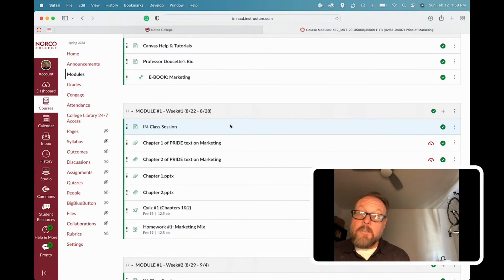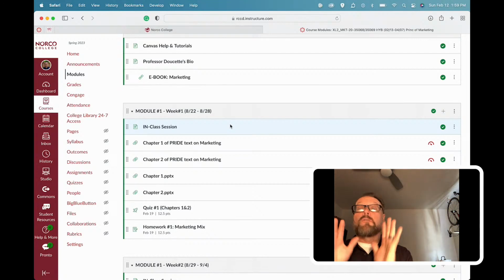And then every week, there's going to be a weekly check-in assignment, and that's my way of getting you into the book, as well as requiring that you check in every week. Now, if you come to class, you're checking in by being there, right? But if you're online, I don't know whether or not you're checking in. And this course, an online course, requires that you check in every week. So I have a check-in assignment to help you do that. And all it is is questions out of the textbook that you need to answer. And so you'll just go to your textbook, you'll look up the questions, and you'll try and answer them best you can, and you'll submit that to Canvas, and that's your check-in.